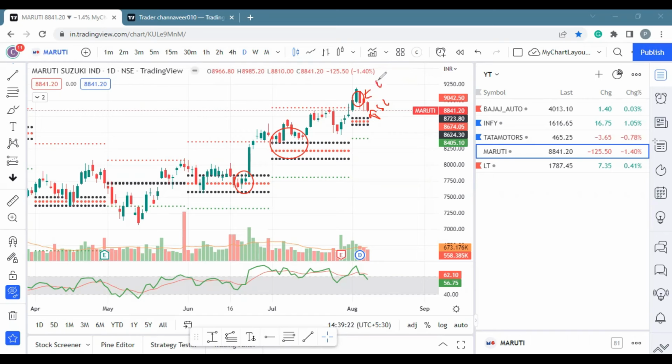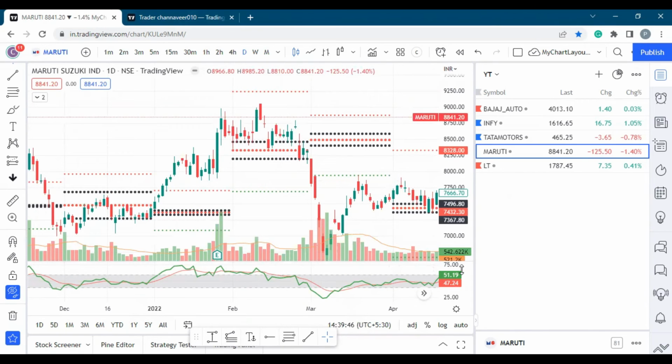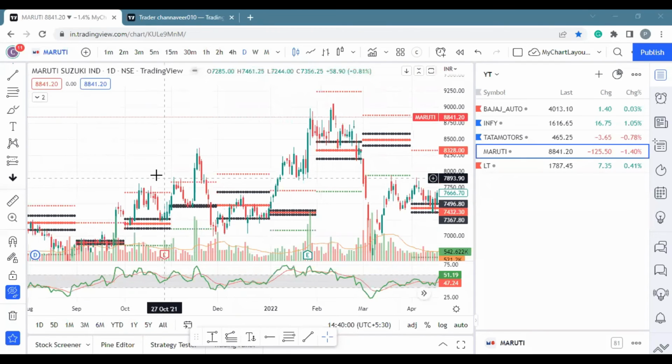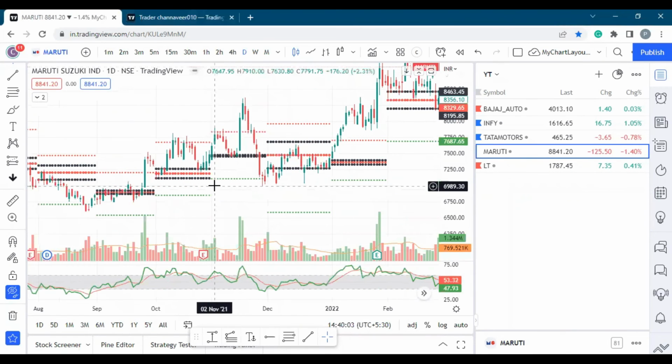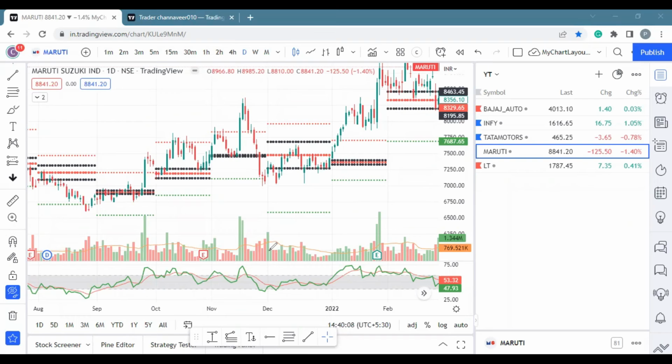So here also we got that opportunity, but somebody could have claimed that it would have hit the stop loss and we could have been in a good loss. But I'll explain the rule 5 where you can exit this trade with a minimal profit rather than taking the loss. So the other opportunity which I can see is there's a CPR. Let me mark it again for you. So there is an opportunity here, and there is another opportunity here.